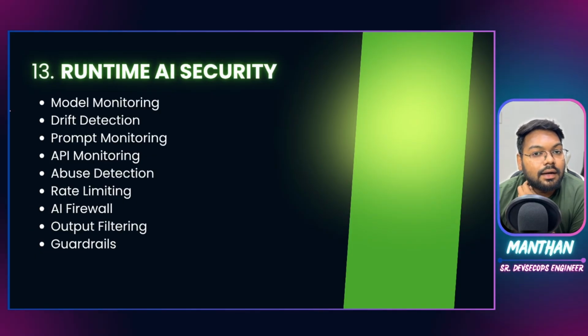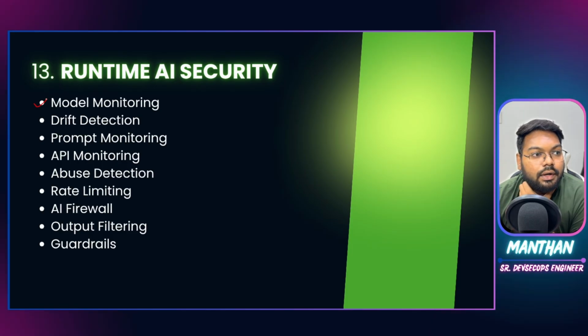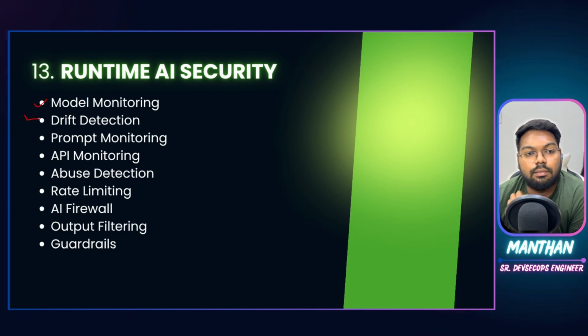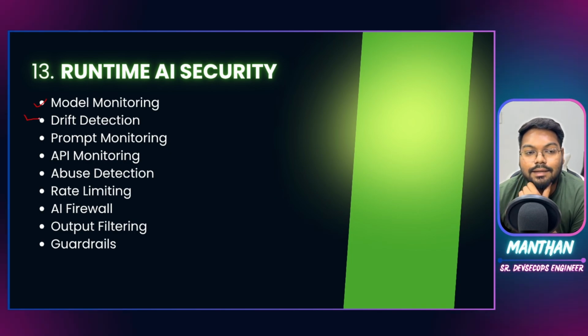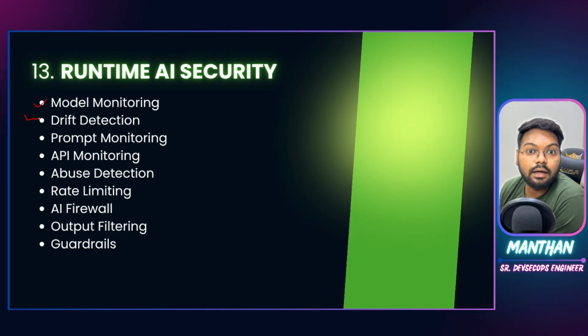Next is testing runtime security for your AI application. Most of the important stuff happens when you do not monitor what responses your model is generating and what requests it is getting. That is why model monitoring is really important. Then you need to check drift detection. What drift has occurred? Is it at the tool level, the model level, the infrastructure level, or the data level? Anything like that. So you need to be able to detect that drift.